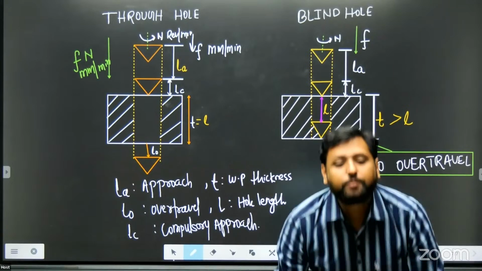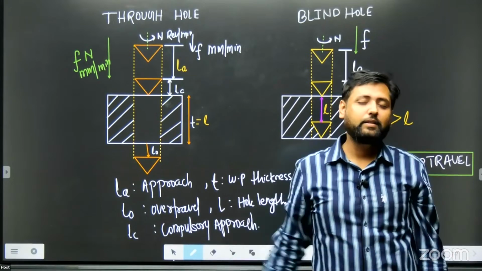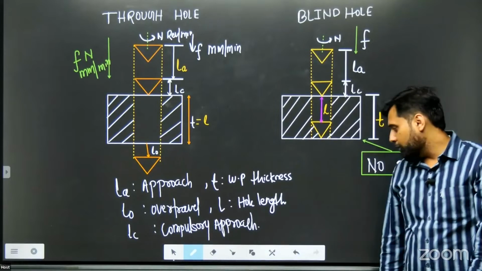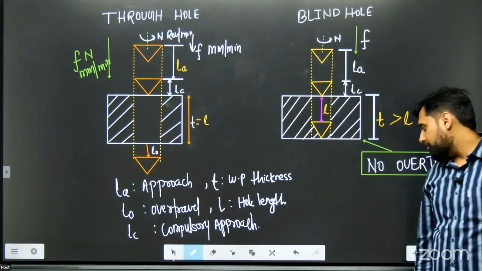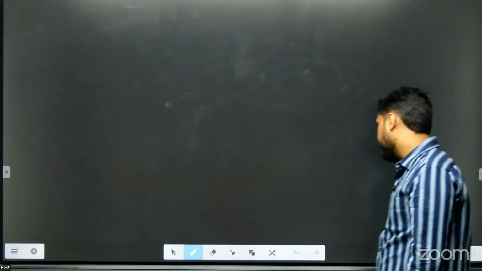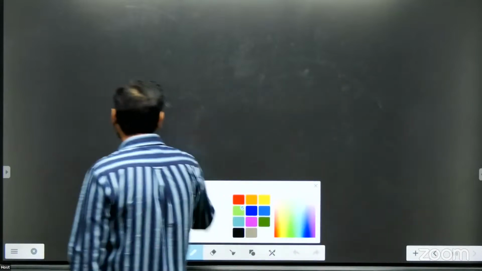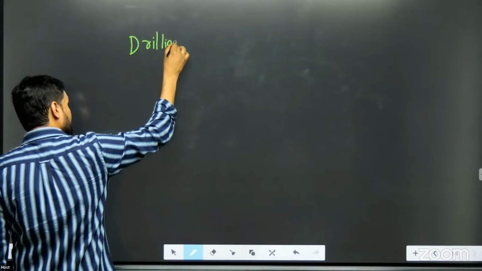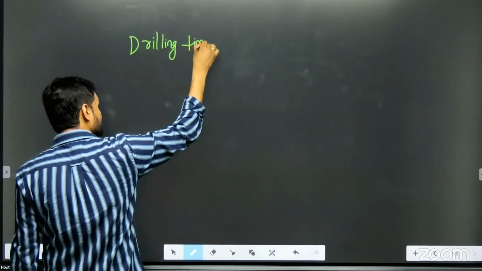But in case of blind hole, it is less than workpiece thickness. So if someone asks you to find the drilling time, we will find it with the help of this formula,